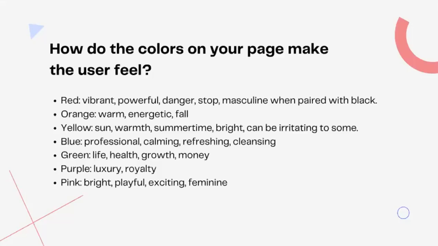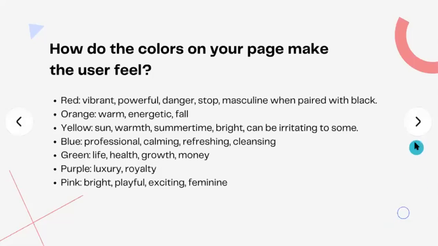Purple, typically associated with luxury and royalty. And then pink is often very bright and playful and exciting, and often very feminine as well. So pink is one of my big brand colors, and I think those things definitely are how my brand is experienced and conveyed through that color. So just something to think through, again: how are the choices we're making making our users feel when they're engaging with our content? Because even if it's not a conscious thought, there are subconscious thoughts that are going to be working for or against you, and you want them to be working for you.